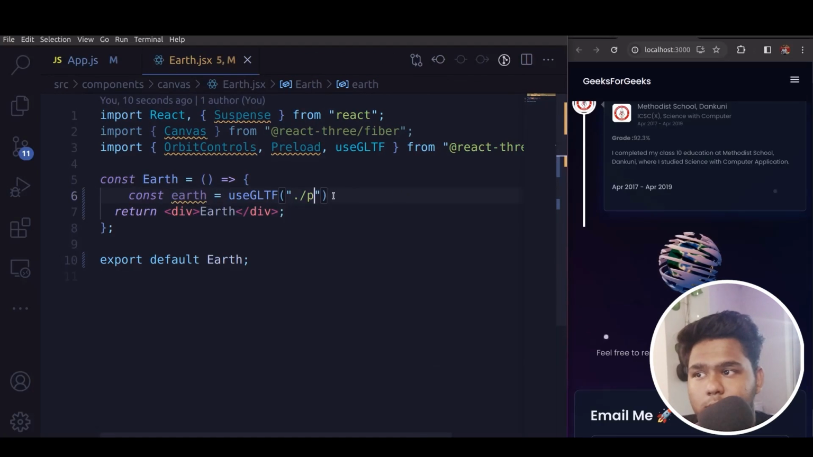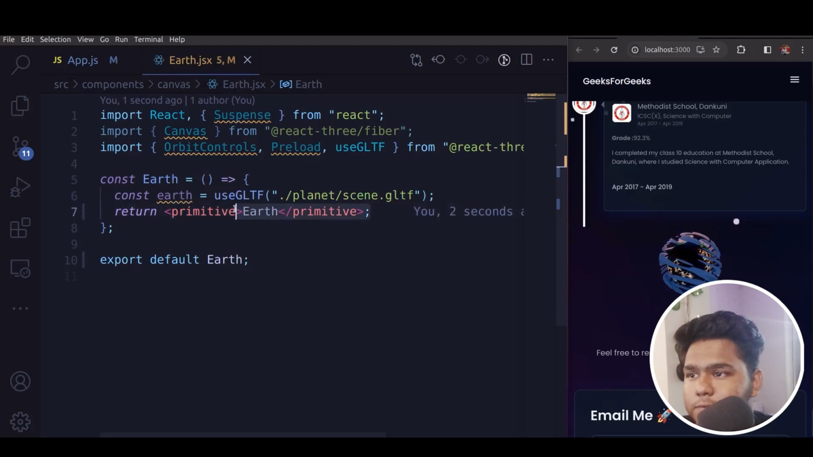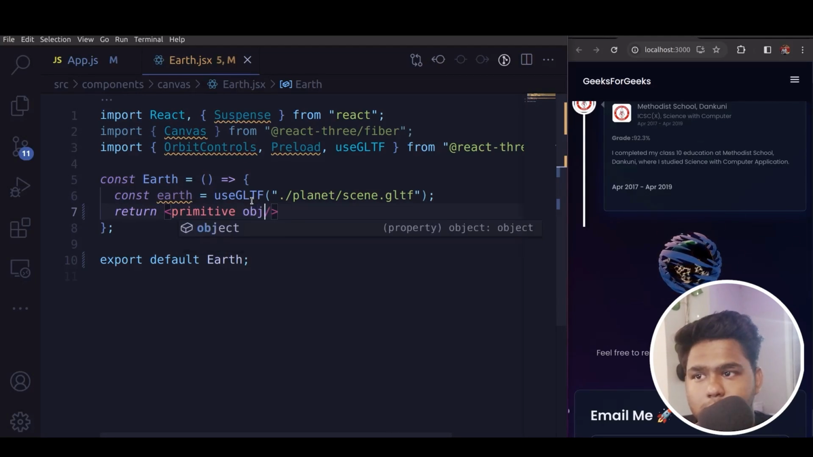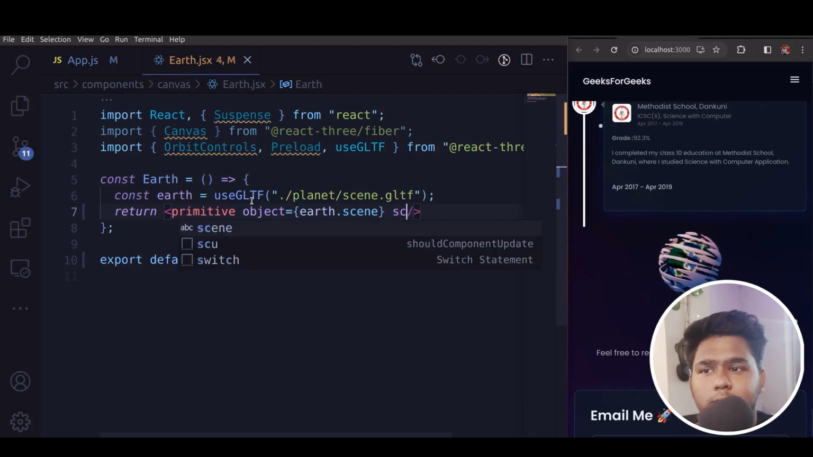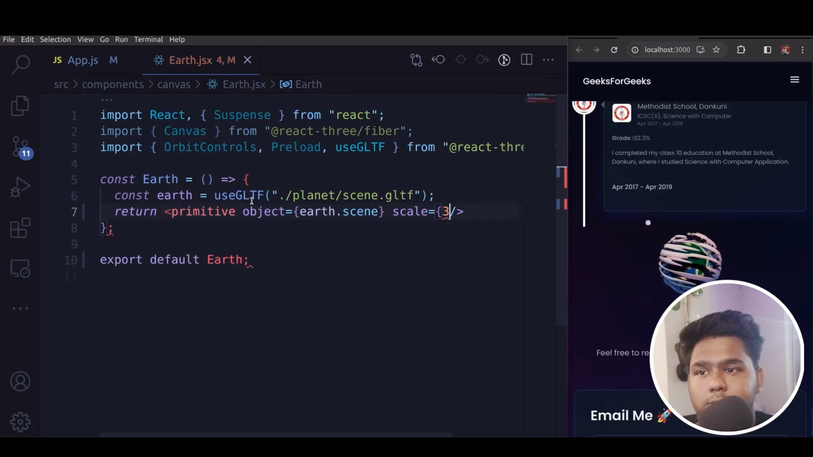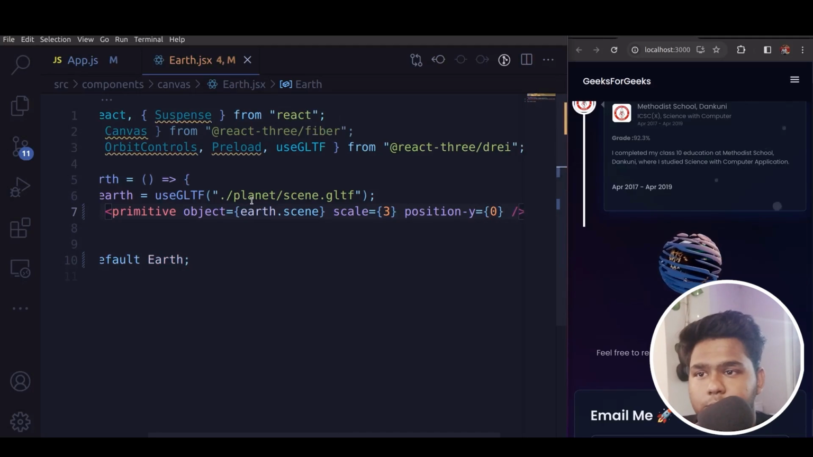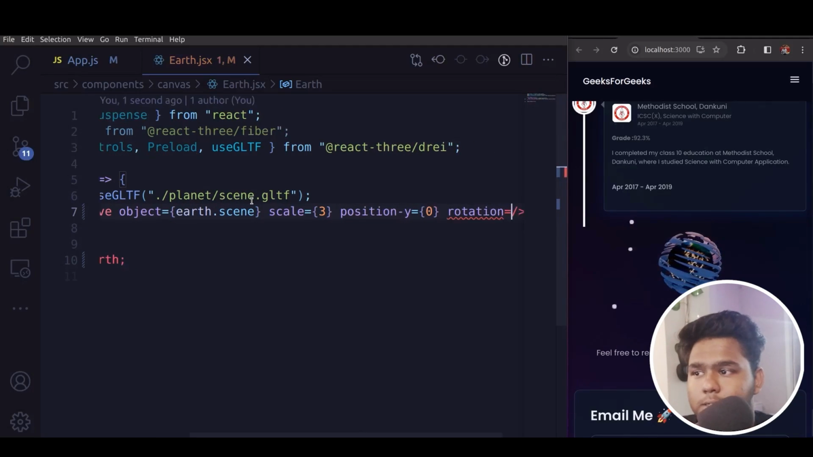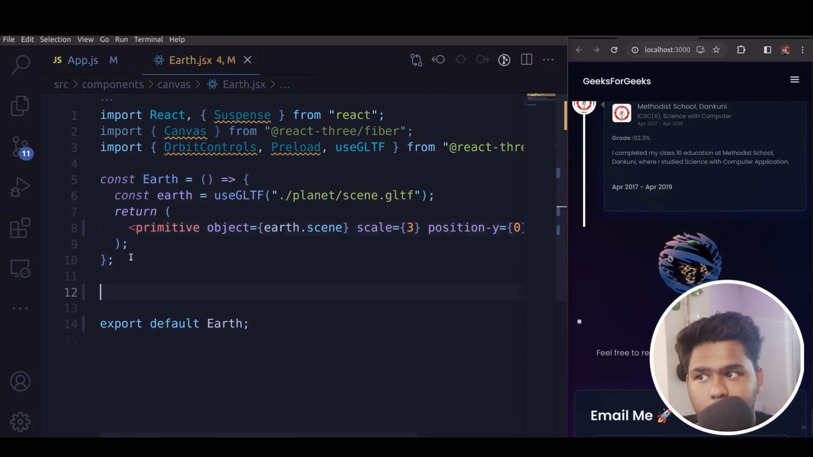So I will just add it with const earth equals useGLTF, and I will give the path, right? So now through earth we can access it. So first I will return a primitive, and object will be earth.scene, right? And I will give it a scale of say 3, and a position y say 0, and I will give it a rotation say 0. Perfect. So yeah, this is basically our earth component, but now we need to define a canvas for the earth object,